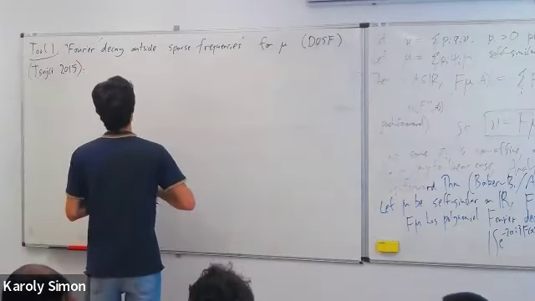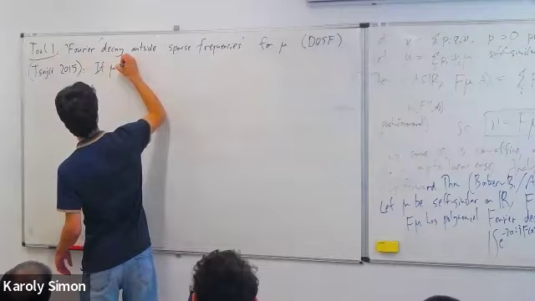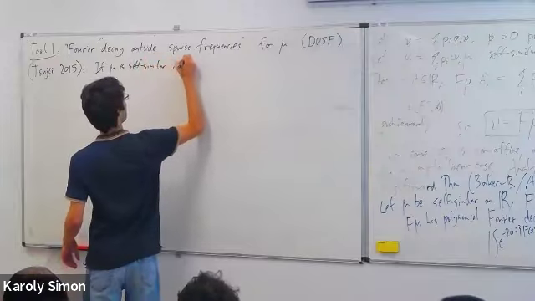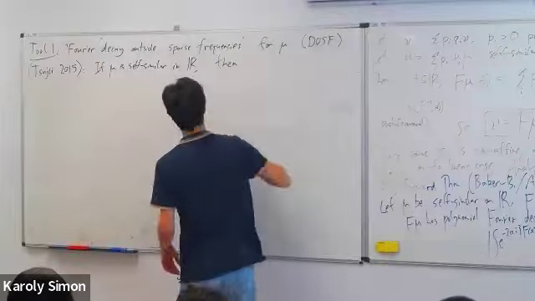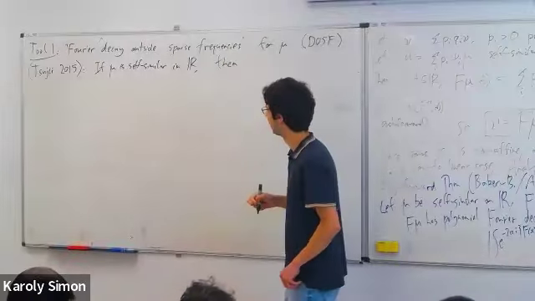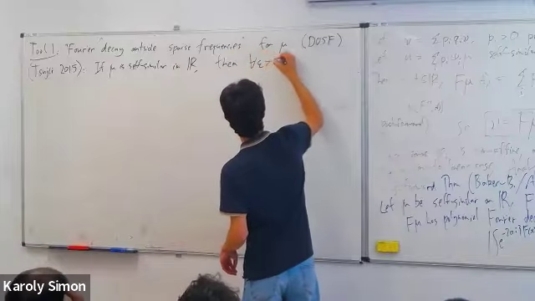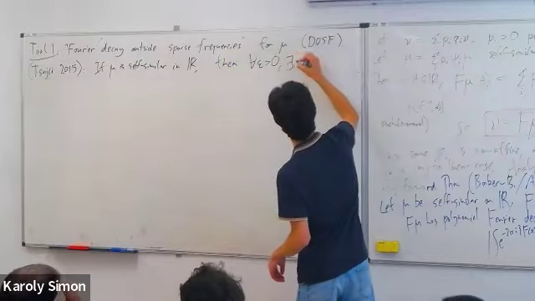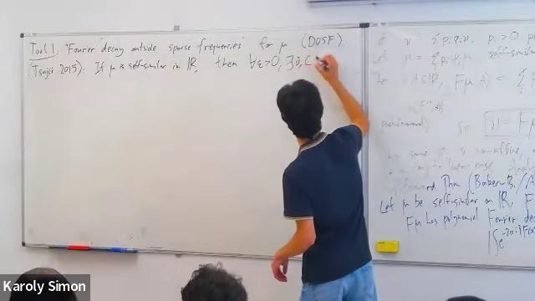And the statement is that if mu is self-similar on the line, and we let epsilon be any positive number, then there exist positive numbers delta, which is very small, and C, which is very large, maybe,